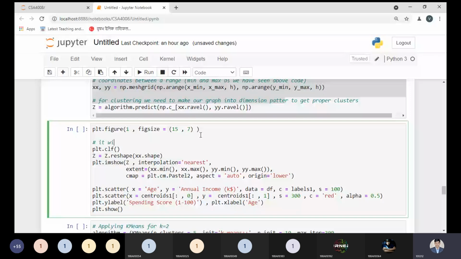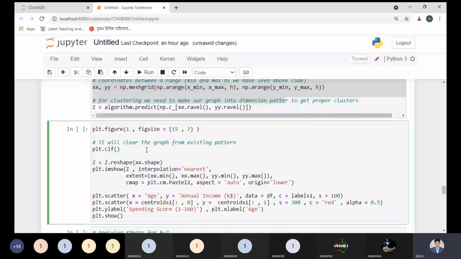It will clear the graph of the existing pattern we have used. So clf especially is not a classifier, it clears the graph. Okay, so clear the frame.